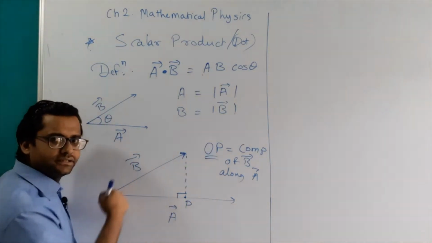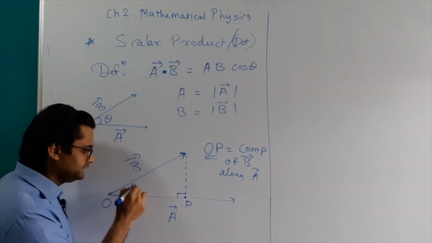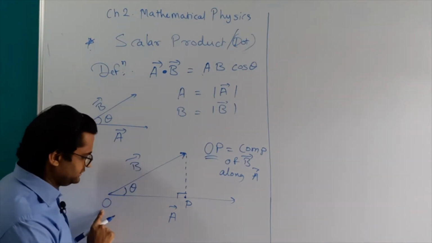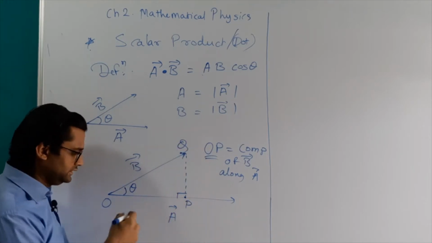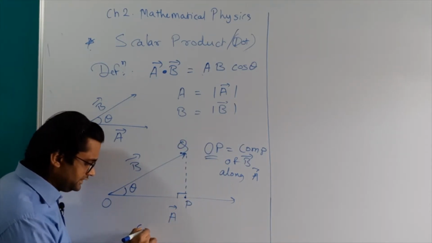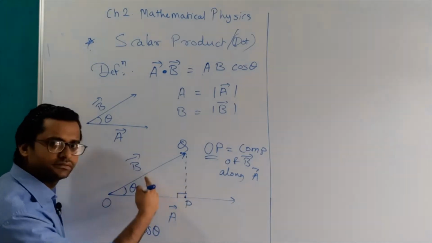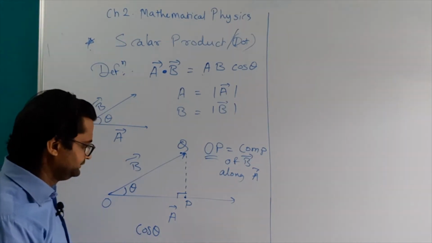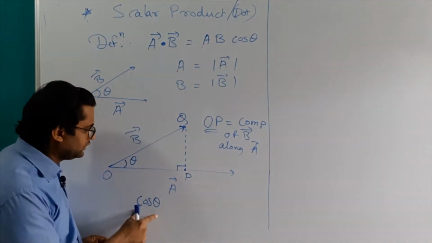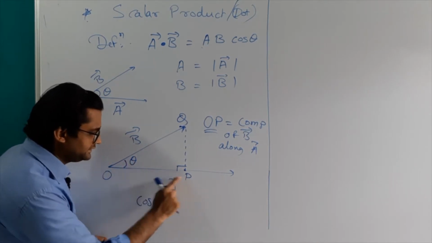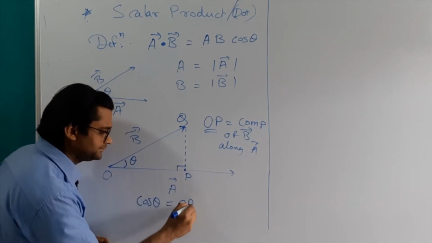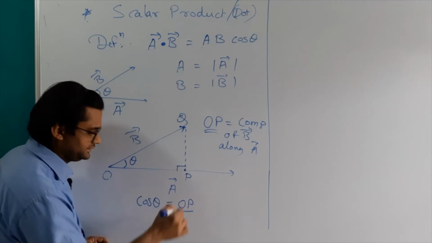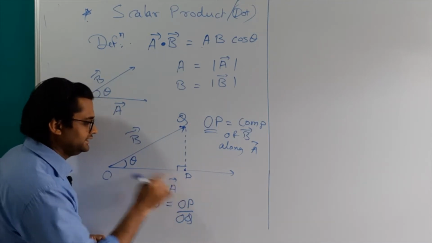So we have a right angle triangle here. Let us say this angle is theta. Okay, and let us name things. This is O, this is P, let us say this is Q. So now what will be the value of cos theta in this triangle? We already know the formula for cos theta. Am I right? So what is value of cos theta here? So cos theta will be adjacent side, which is OP, divide by hypotenuse, which is OQ. So adjacent side upon hypotenuse.